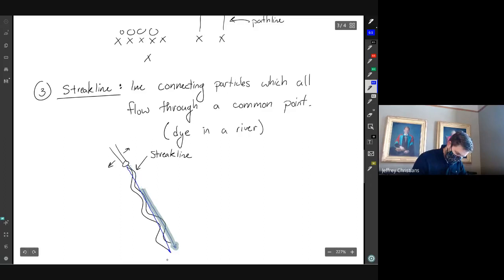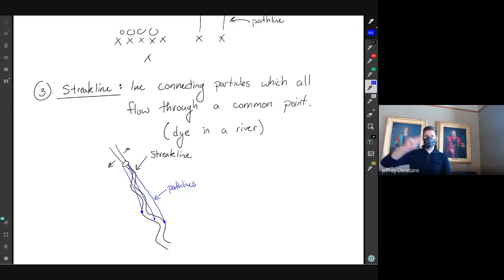Maybe I'll draw it a little bit better. So this one ends up right there. This one ends up right there. This one is going there. So those are path lines. Like the projectile motion path of any individual particle, if you could have a streak that showed up of that, that would be a path line. But the wiggly stuff is the streak line.